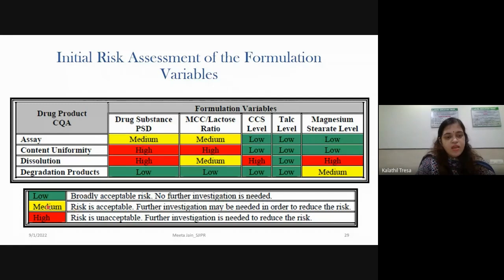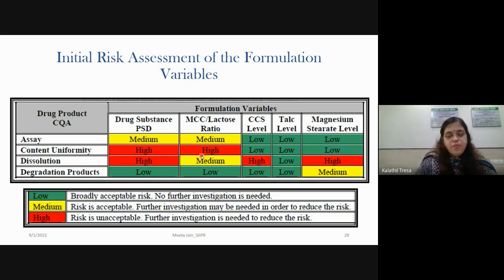So in this case, if by proper efforts you can reduce this, it is good enough, or else it is also acceptable. Whereas where there is a high risk, that is the red color, the risk is unacceptable, so further investigation is needed to reduce the risk. And the ultimate goal of this QbD process is that all this yellow and red should turn into low, through your design space and your control strategy.